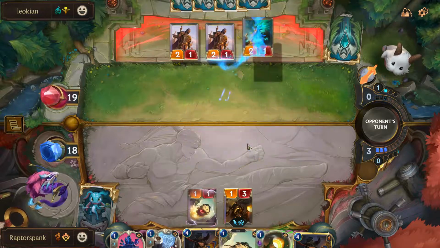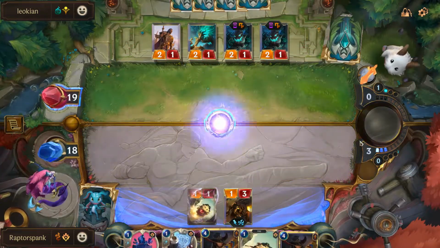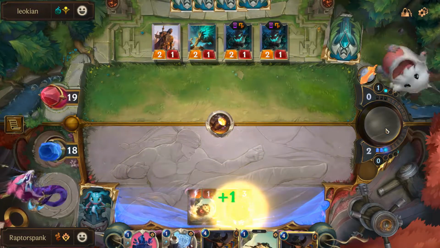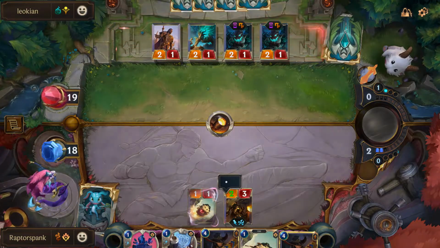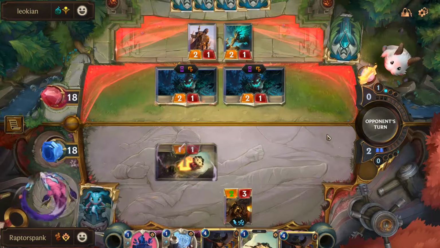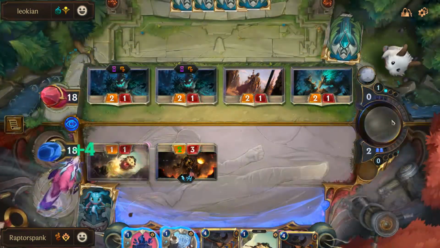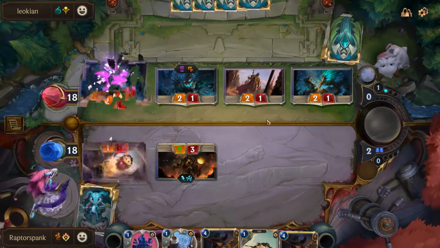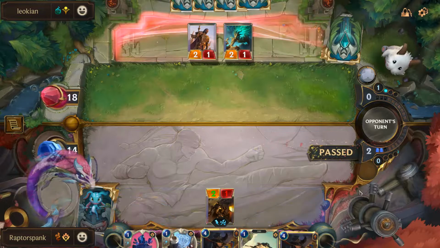There you are. Safety disengaged. Okay. Really not that scary. We take 4, but could be much worse. I mean, I know it's an aggro deck, so them getting to do a ton of damage is bad for us, but